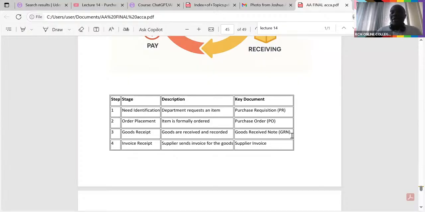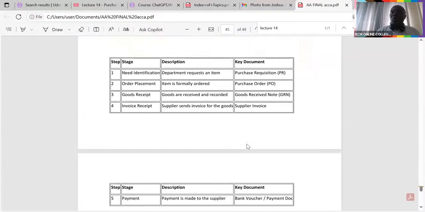Then now we are comfortably having someone else's goods in our company. Now they have come under our control in our warehouse. So then we expect here to seal everything by paying. To be able to pay, we need a document. So invoice receipt, we're given an invoice. So the supplier sends an invoice for the goods. Very good. The key document here will be the supplier's invoice, which you shall be able to go ahead and